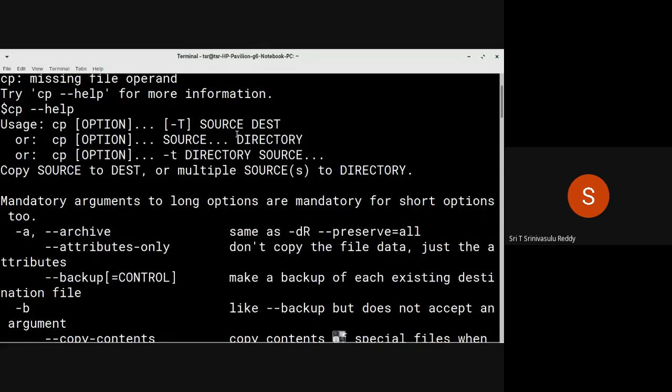But it is also a lot more powerful. Not only from one file to another file, it can also copy, as you can see, cp followed by source, where 3 dots means any number of sources. So you can specify any number of files, file 1, file 2, file 3 and so on. At the end, if you give a directory, it will copy all of these files with the same names into this particular directory. So cp followed by minus T, directory, source, and so on: copy source to destination, or multiple sources to a directory. This is what it means.